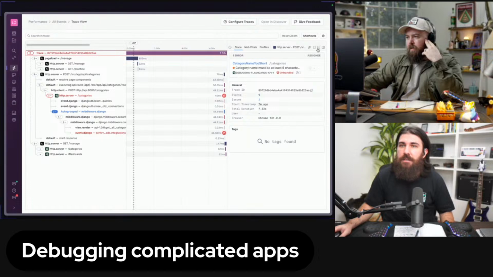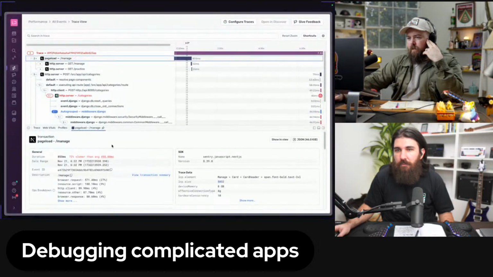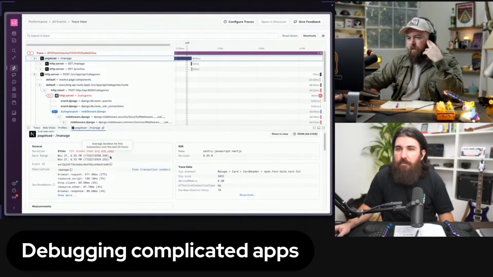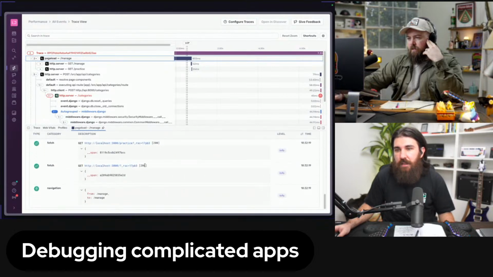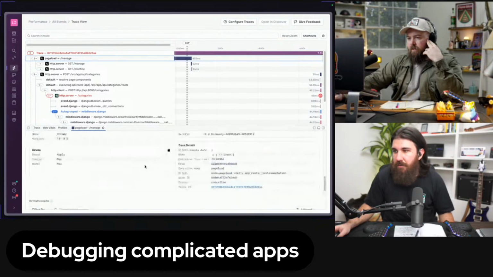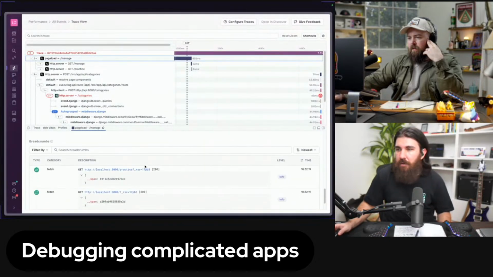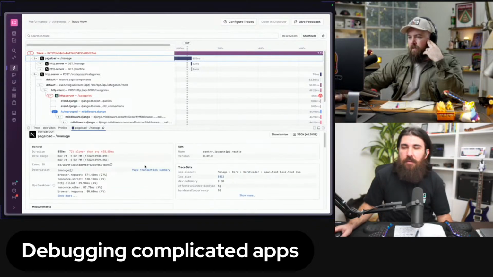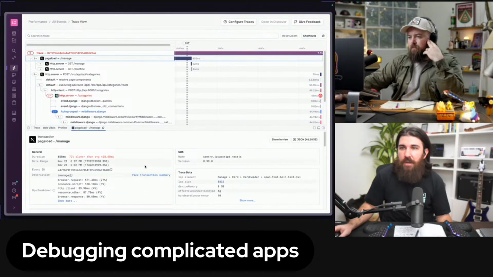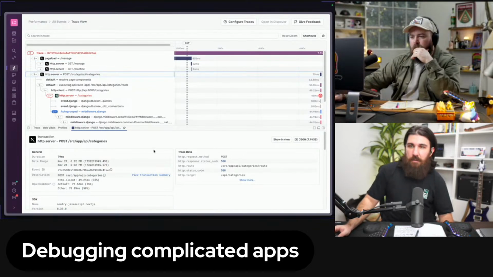Yeah, that's the trace. There's the page load. I don't know where it's linked. Maybe it's on this one, because this is the page load. Okay, so yeah, maybe not directly from this. Let's see, we have the breadcrumbs here. Maybe not directly, but you can definitely go into the error or whatever, and go from there. This is more for debugging the operation flow. You get the profiles here, but we're going to talk about the profiles later.